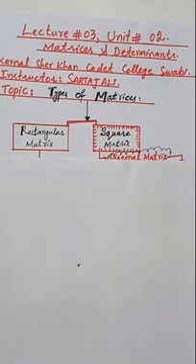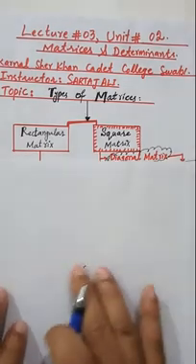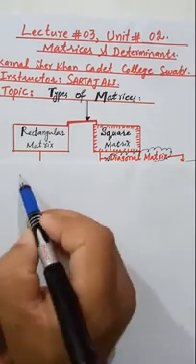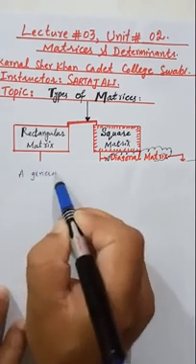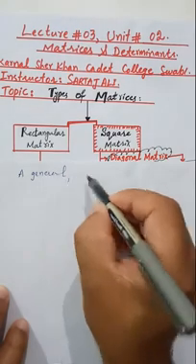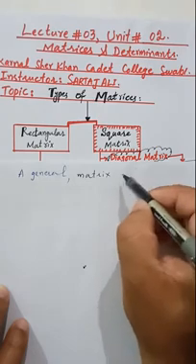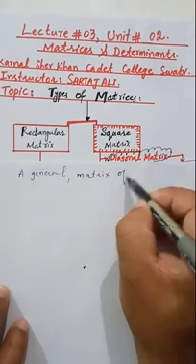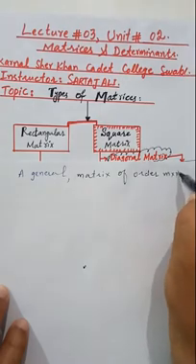Now, before discussing the rectangular matrix, we know that if I take a general matrix of order m by n,